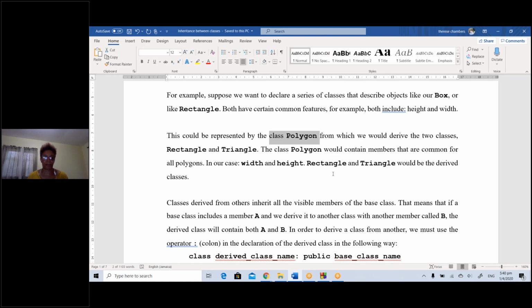Now, do output functions have to be different in each class? They could be the same. Particularly when you look at the examples that we have here. A rectangle and a triangle. They're both polygons, aren't they? Yes, ma'am. They are both polygons. They're just different types of polygons. Okay. So this says this could be represented by the class polygon, from which we could derive two classes, rectangle and triangle. The polygon class would contain members that are common